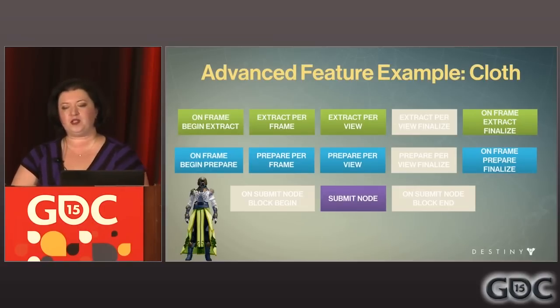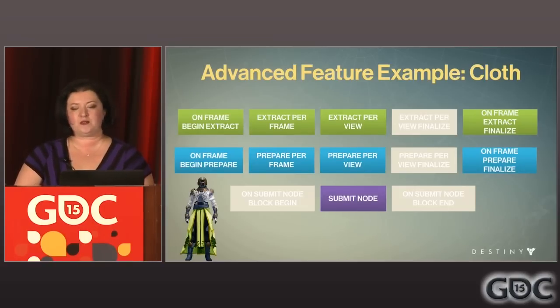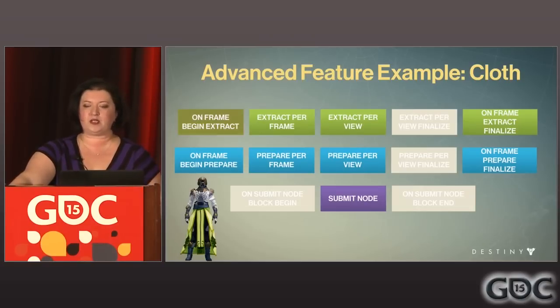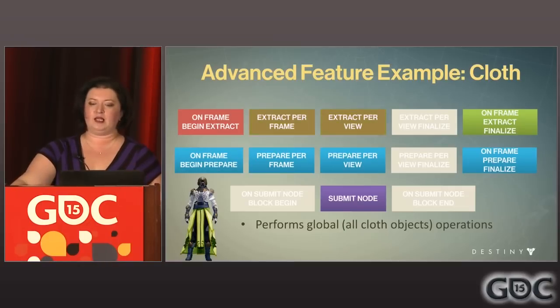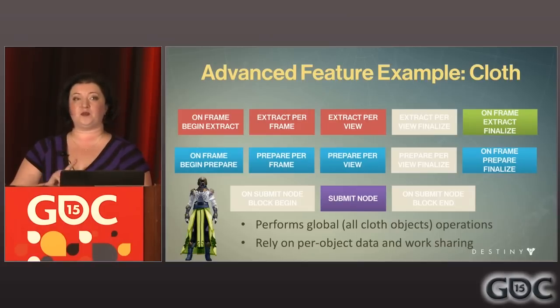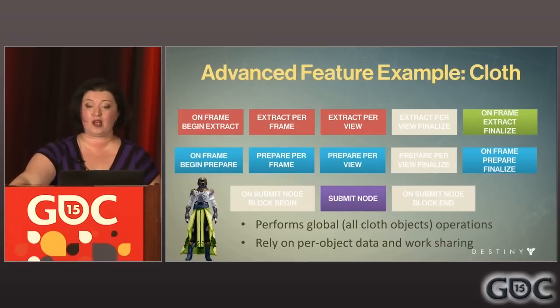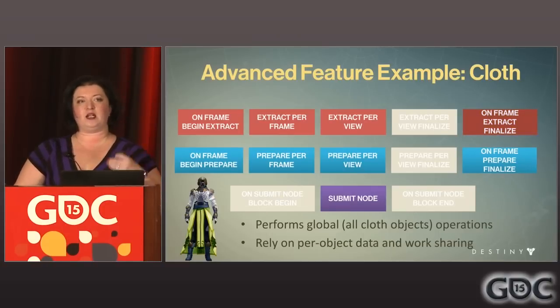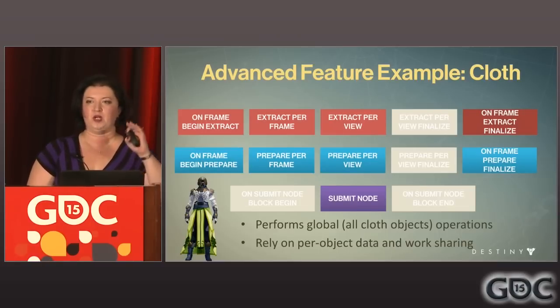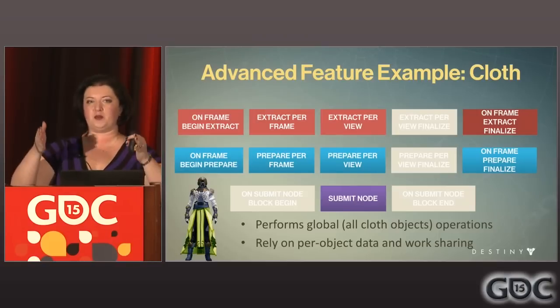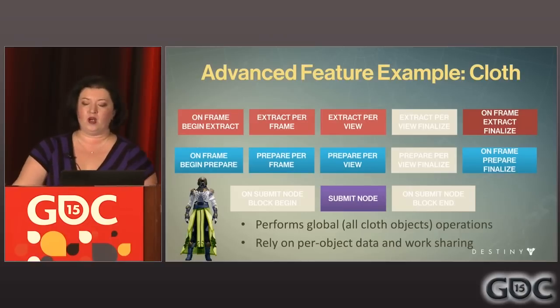Now, one of the most complex features is cloth feature renderer. This feature renderer ended up implementing almost every single entry point that we have in the engine. It iterates over all of the possible cloths at the start of the frame to reset its simulation state. It then extracts the skinning data, object transforms, the collider transforms for the cloth elements in the extract per node entry points. In the finalize on the entire frame, we actually run the LOD bucketing to constrain the cloth simulation elements to high, low, and GPU skinned. High-low simulation and GPU skin buckets, because again, remember, we're going to only want to do 2 milliseconds worth of